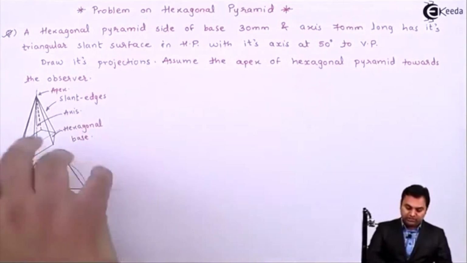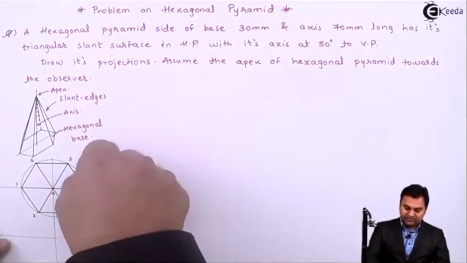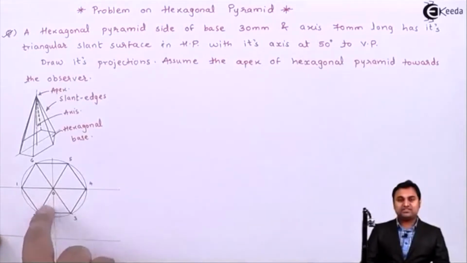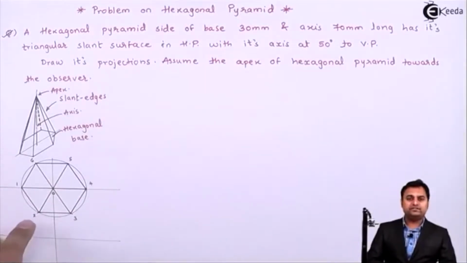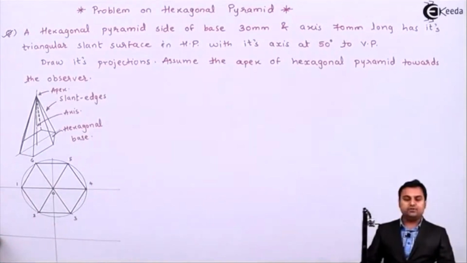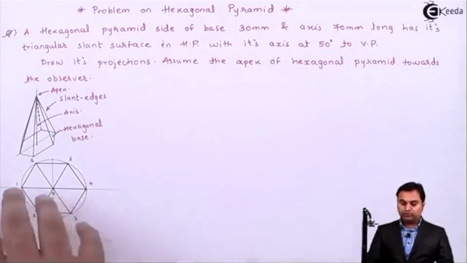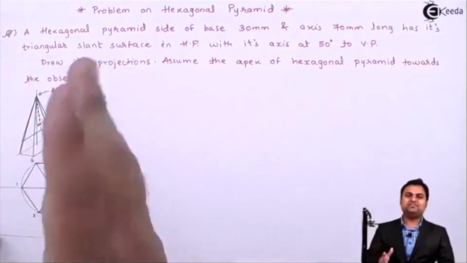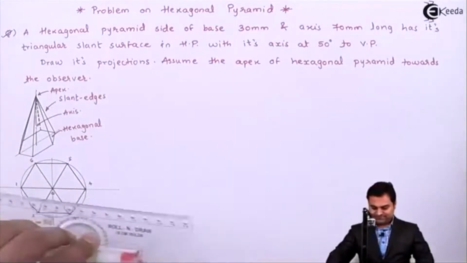So it means I have to tilt this hexagon in such a way that here I get an edge. So this condition is incorrect. We should not draw the hexagon in this way. So here in the solution part, I'll explain how to draw the other type of hexagon. So let us get started with the solution.